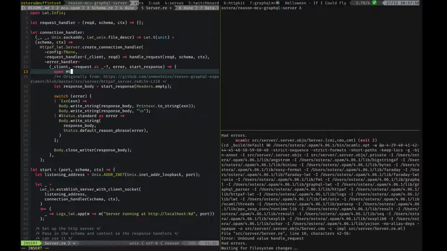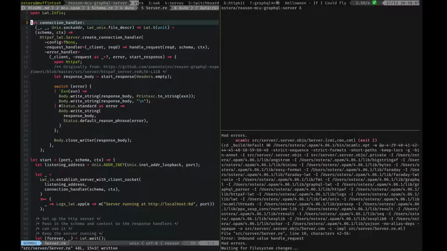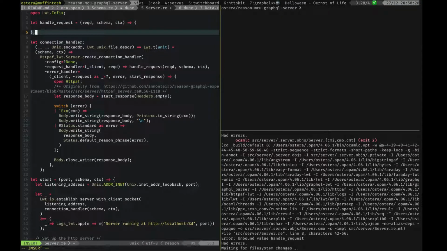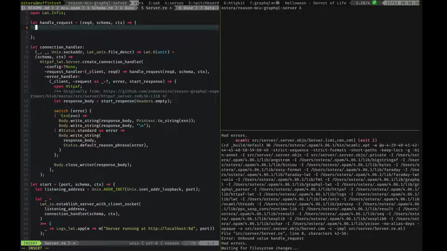Okay, so we need to do a local open here to be able to access this body module everywhere. But this is going to complain to us in a second, right? Because we're trying to use this handle request method that is not really defined anywhere. So we should let handle request, and this will take the descriptor, the schema, and the context. And in here we can get some things from the